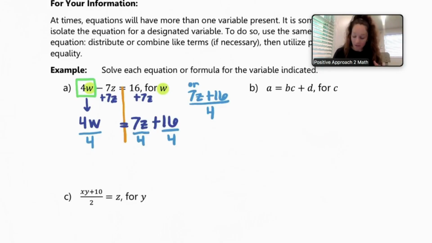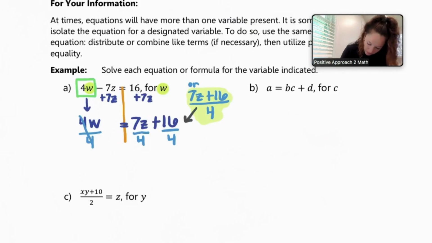Okay, if you go in this direction, I'm going to highlight it, your next step would be to separate it into two fractions. So writing 7z over 4 plus 16 over 4, okay? So if you go ahead and divide each term by that 4, it kind of saves you a step, okay? So now I can say, okay, that's going to give me